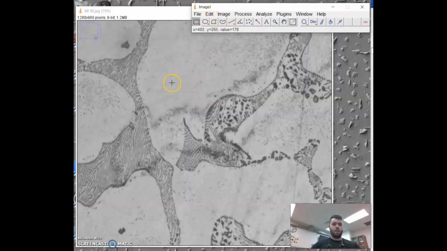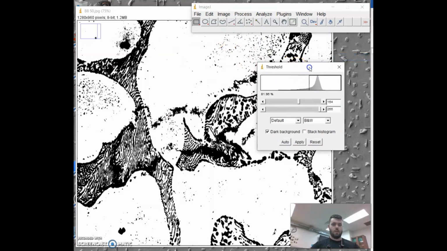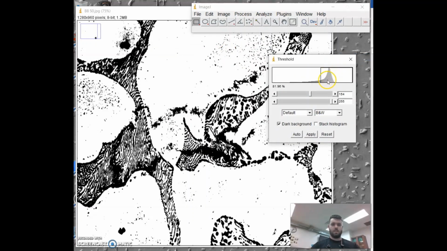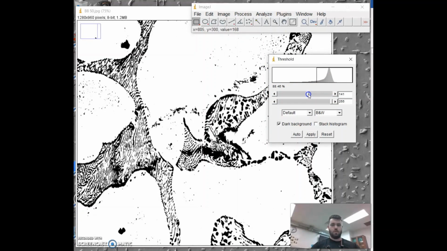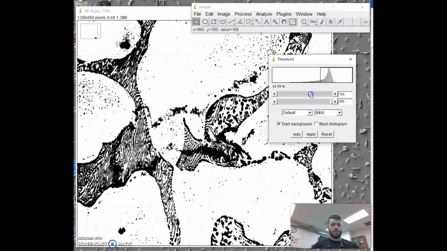And then we need to set a threshold to say anything below this color is going to be beta, and anything above this color is going to be alpha. To do that, we go to Image, Adjust, and Threshold, or Control-Shift-T. As you can see, it turns our image black and white and gives us this little region where it defines what it thinks is the best match. You can slide these back and forth to increase and decrease the range that it measures over. So I'm going to try to just get